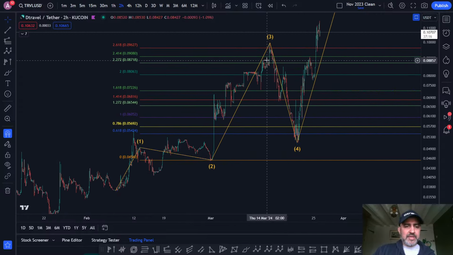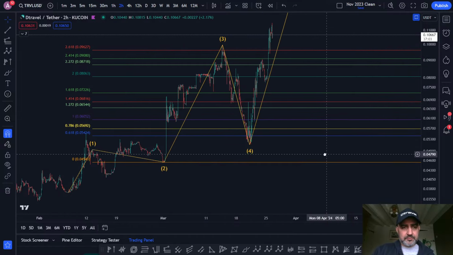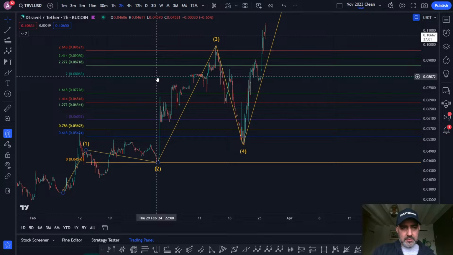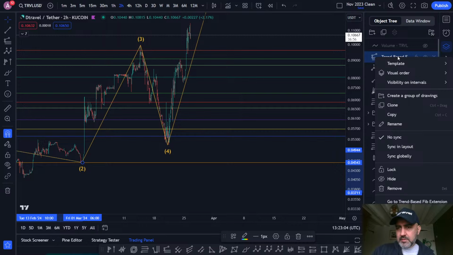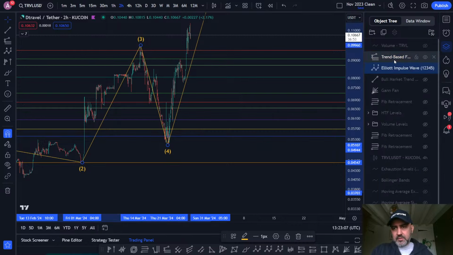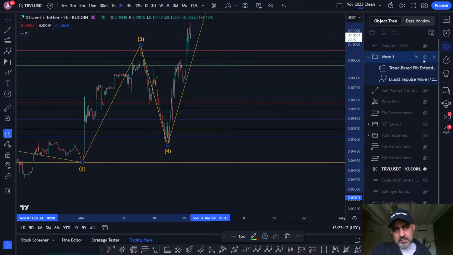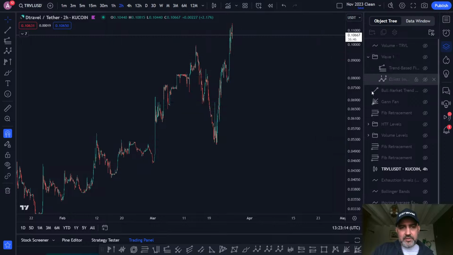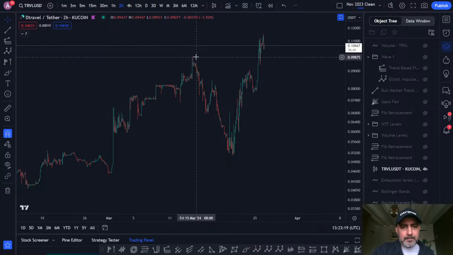That took us to the 3. So the 3 extended to 2.618. It's a big extension actually. Then you had an ABC correction. Okay. So I'm gonna just rename this, call it wave 1. Hide that, so I just keep that until wave 1. Okay. Then you had an ABC here, ABC,